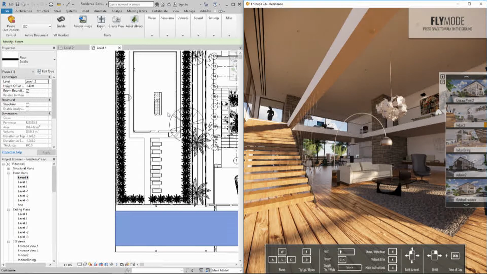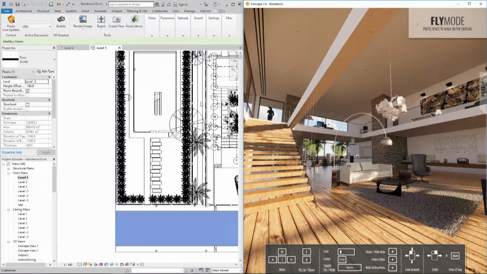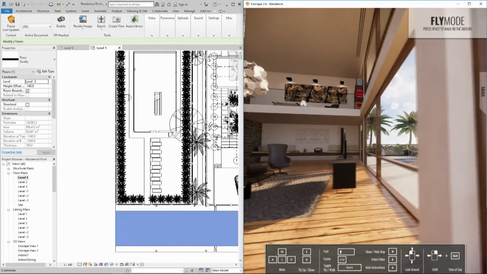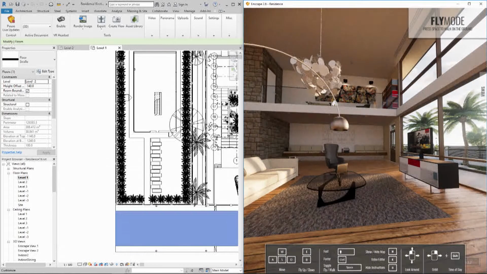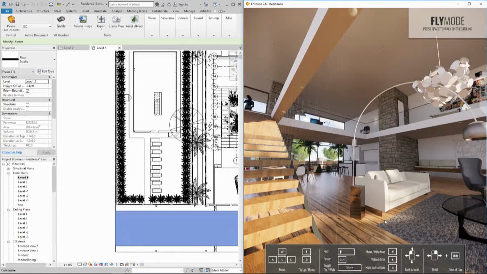So you have your project in your CAD program. And you see, even though it takes a few seconds, you can directly, without much hassle, show your project. And it's rendered in real time, so you can look around, you can change the time of day, and it looks very realistic. And this is something that everyone can do. It's not something that you need to prepare like other tools. You need to export it to a different file format. It sits in a different program. You maybe need to be a programmer, write some code, so you get some functionality in there. For Enscape, you just press a button, and it's there.